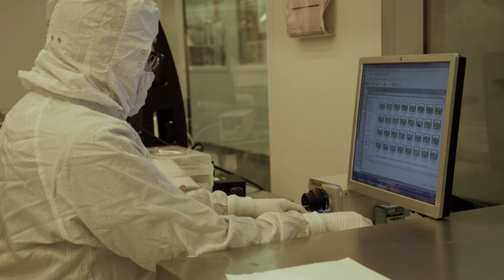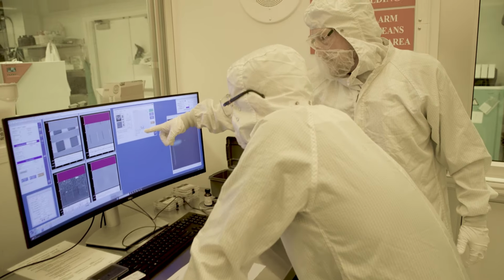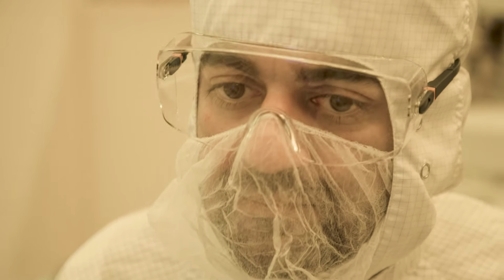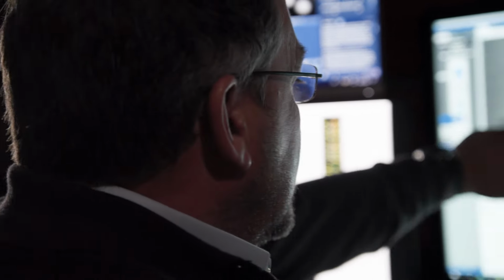CNS is a one-stop shop. You can come in and fabricate something, you can characterize it, you can image it, and we are completely staffed with experts that will help you do your work. And demonstrate a 2D and 3D surface reconstruction. That's what a core facility is about. You have a centralized place where skilled people can work with complicated instruments and provide great data for people that need it. But if you look closely at this...